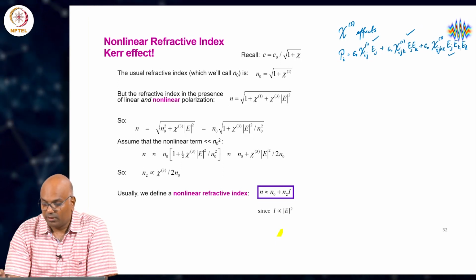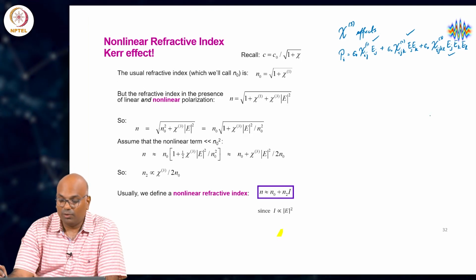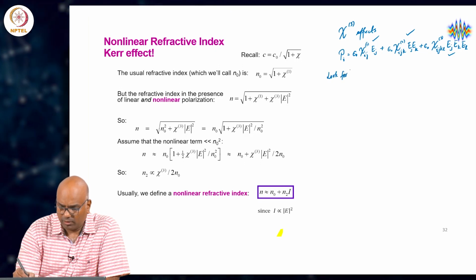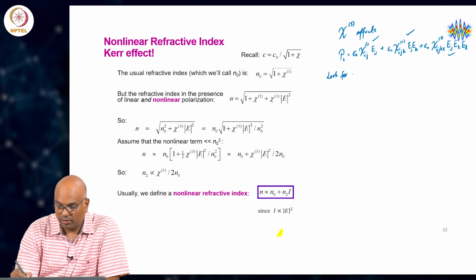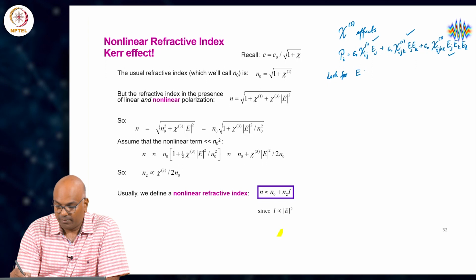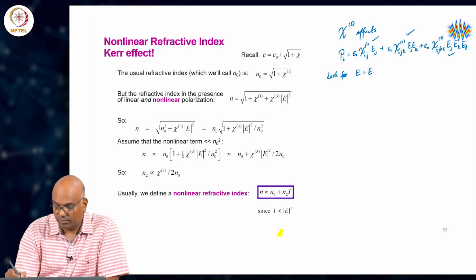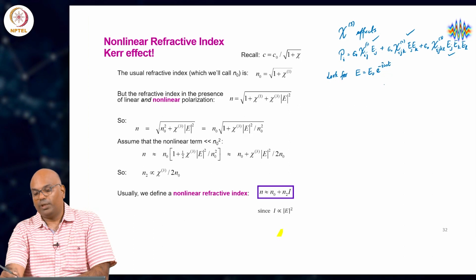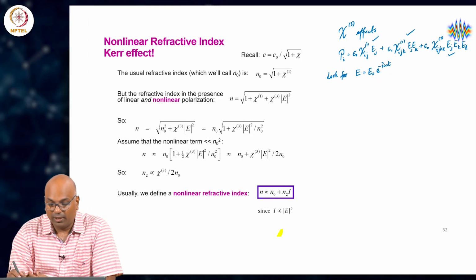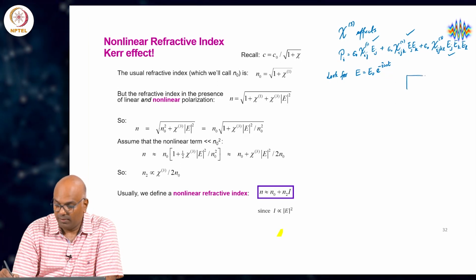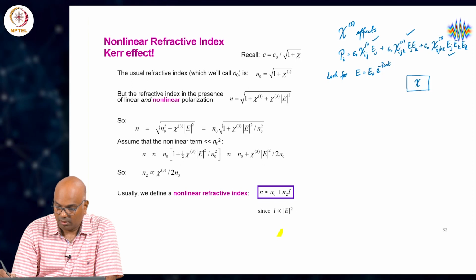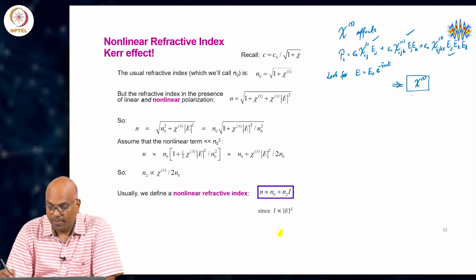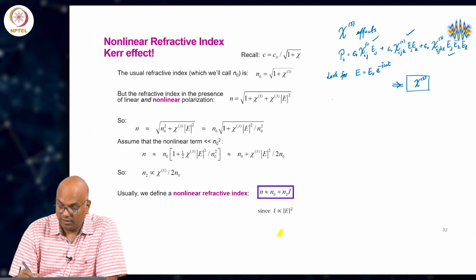Now, we look at the effects of chi3 on these media, and here we consider the case where a beam E is equal to E naught e to the minus i omega t, oscillating at a frequency omega, and such a beam is propagating through a medium with appreciable chi3. Now, as a consequence of the kind of interactions we considered earlier,